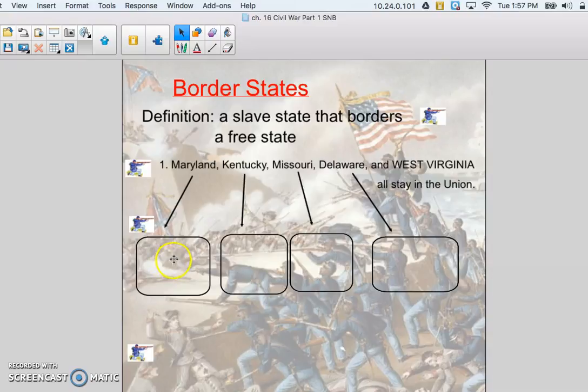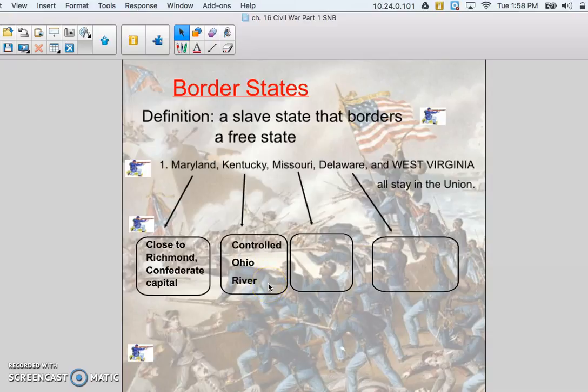And once again, if I'm going too fast, pause the video and get this written in at any point. Let's start with Maryland. Maryland was very close to Richmond, which was the Confederate capital, Richmond, Virginia. Maryland was very important as a border state. That was probably the one that Lincoln definitely knew he could not lose. Lincoln worked tirelessly to keep the Union all together and not lose these border states. In fact, he called them the difference maker at one point.